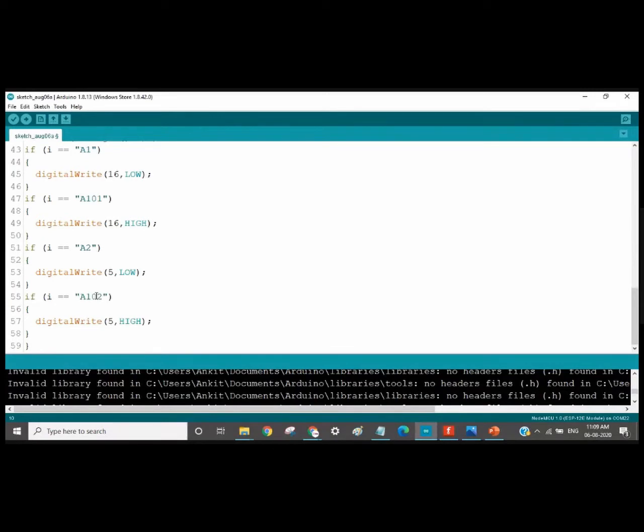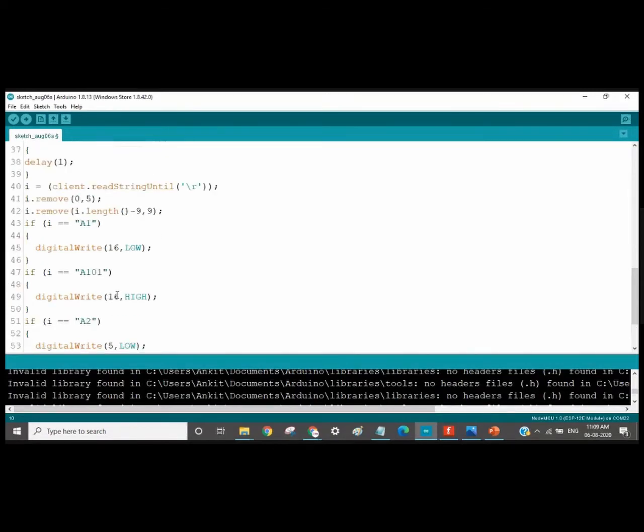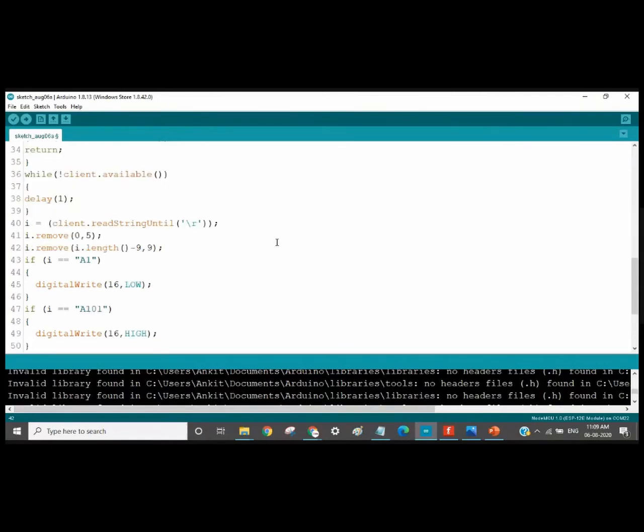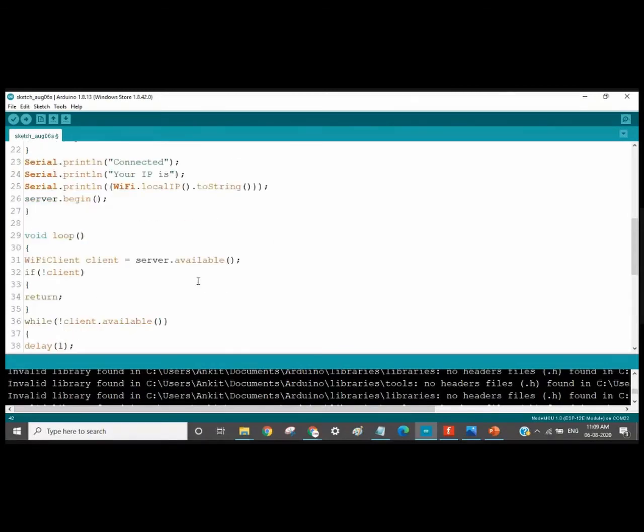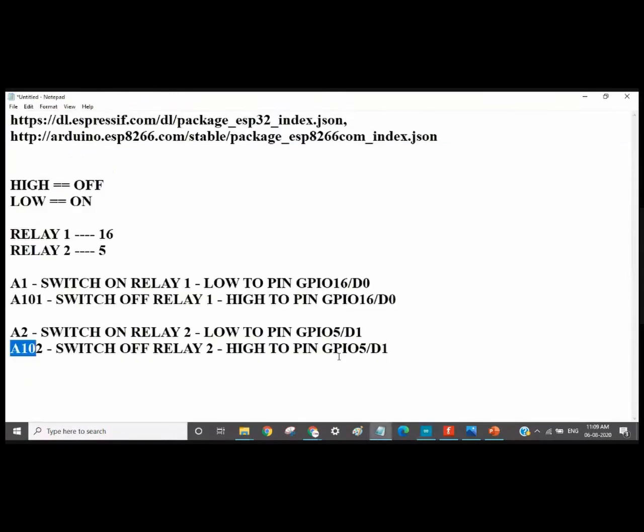Okay, someone is asking, sir, can you explain the line number 41 and 42? Okay, I dot remove 0, 5, right? So we are using this in order to alter our statement, right? In order to alter our command. Okay, so the commands we will be giving are these 4 commands.